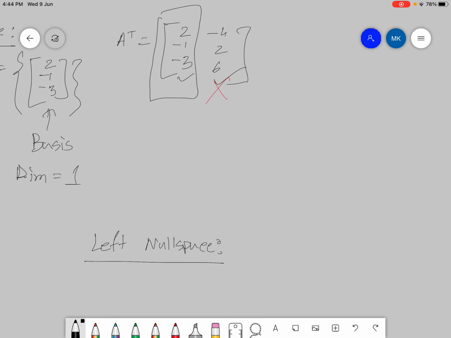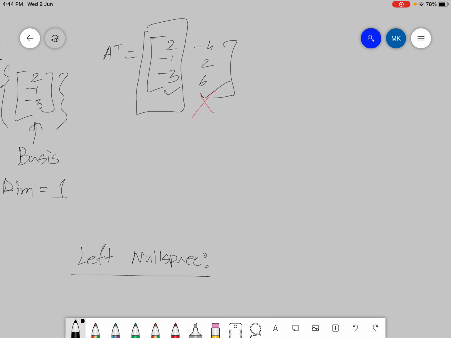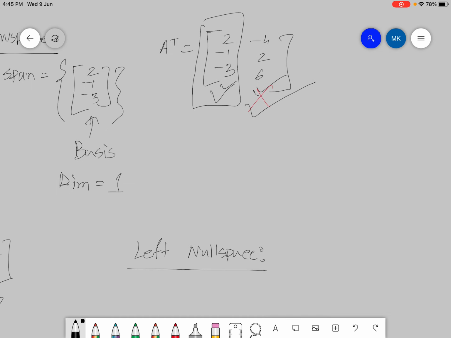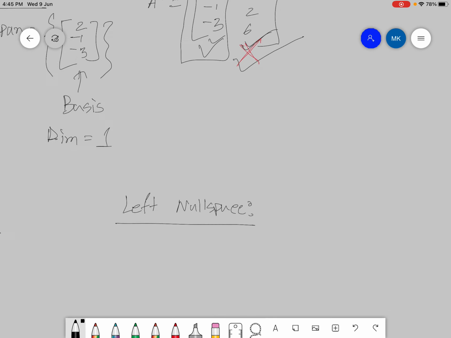If you just try to find the null space of this matrix, you will get the left null space of A. So there are two columns here, and this column is dependent. So there is one free column. For this free column, you will get one special solution, and that particular special solution is